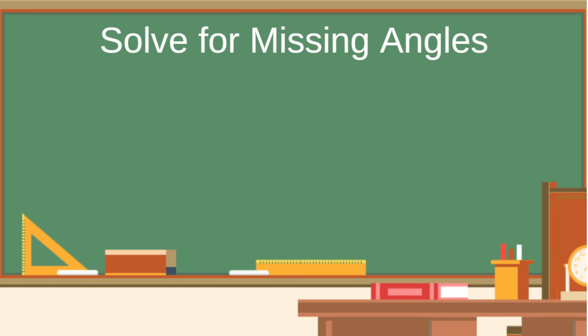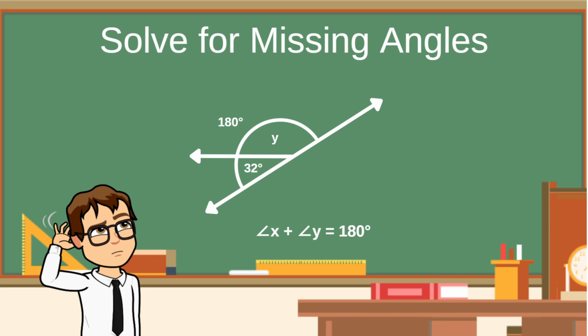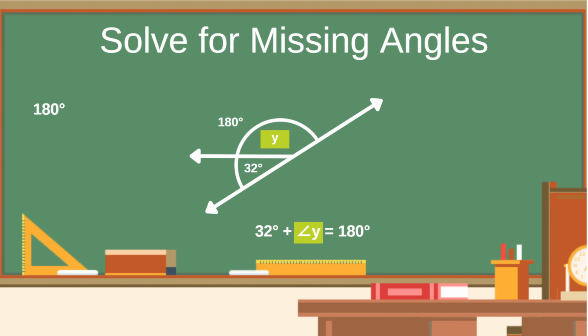Now, from the lesson on the relationship between supplementary angles, we remember that when you see an angle that is just a straight line, that angle measures 180 degrees. So, if that line is split into two separate angles, then both of them together must equal 180 degrees. So, if x equals 32, then to find y, all we would have to do is take 180 degrees and subtract 32 from it. Our answer, 148, has to be the measure of the other angle.